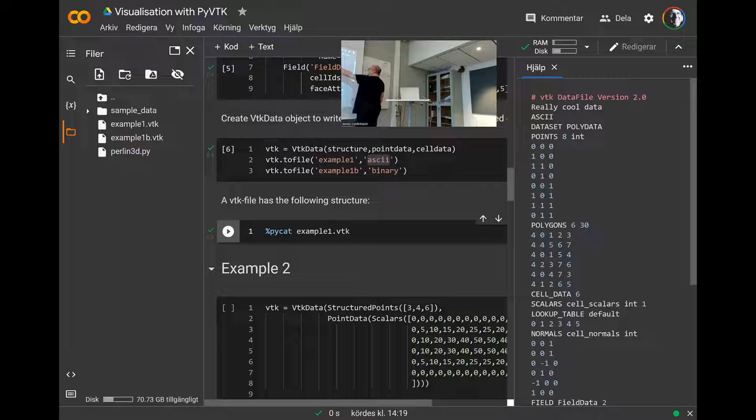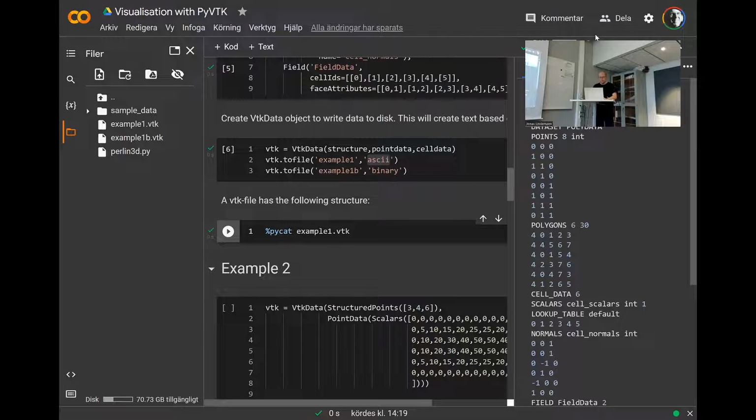Then ASCII defines that this is an ASCII-based file, and then it's called dataset polydata, and then it lists all the points, the polygons, cell data, and so on. So it's quite an easy to read format, but this class will automatically take care of generating a correct file format. So if I now download this file,